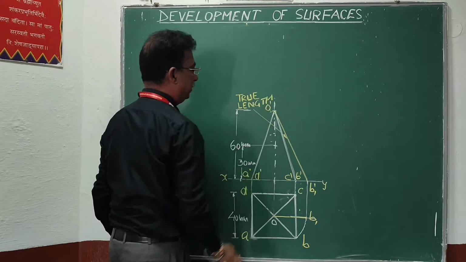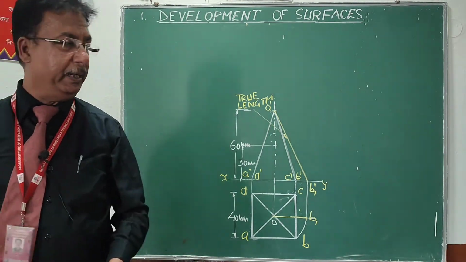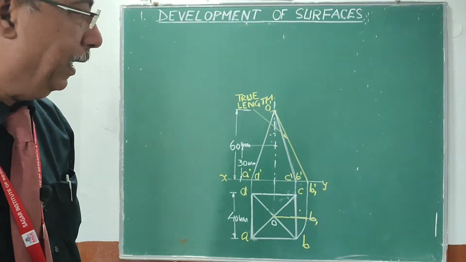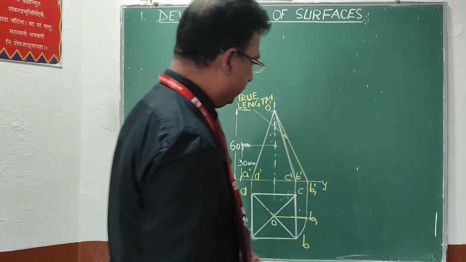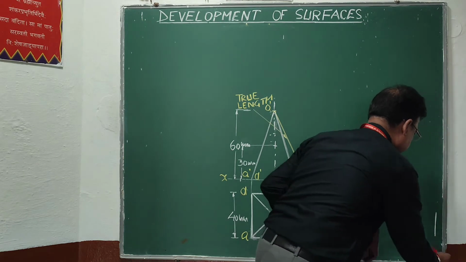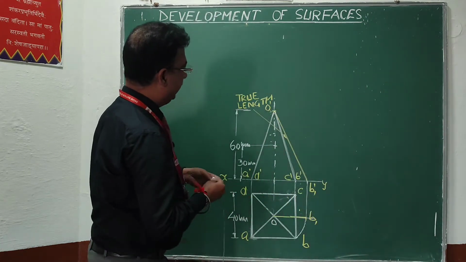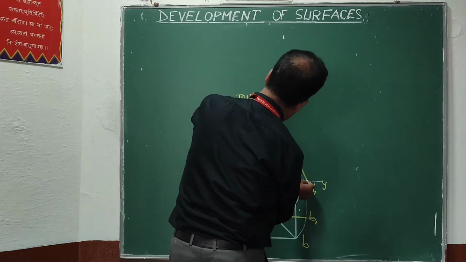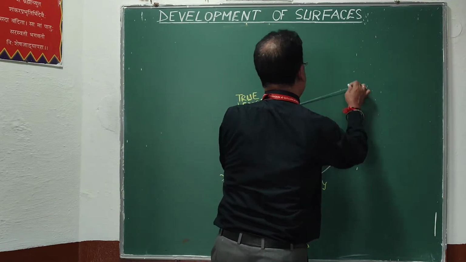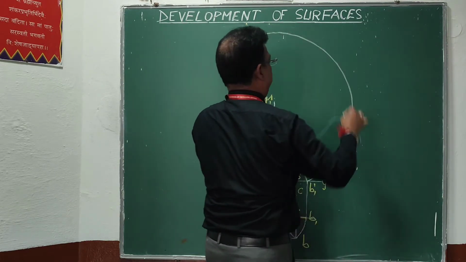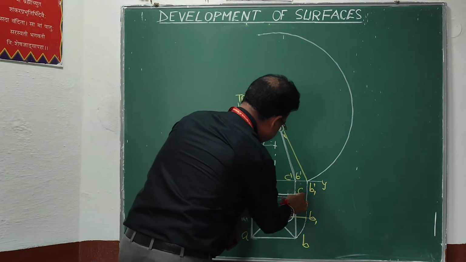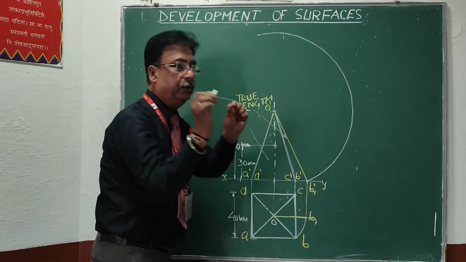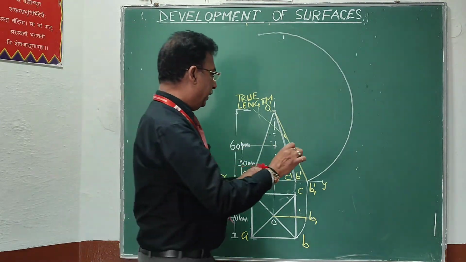So, in this method initially what we will do, we will make the line parallel and find the true length of the line. Now, I got the true length of the line. Now, I can easily develop the pyramid by taking O dash as center and O dash D dash as the radius. Again I will make an arc, and as you know that the base side 40 mm will be true in the top view. So, I am going to pick this one length.